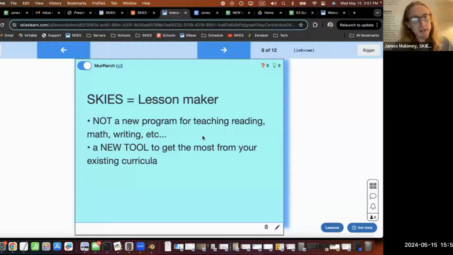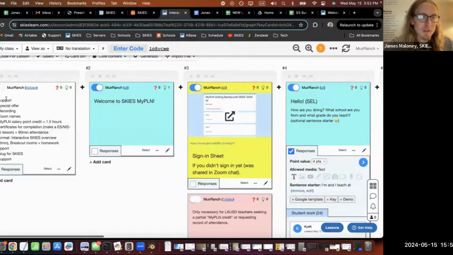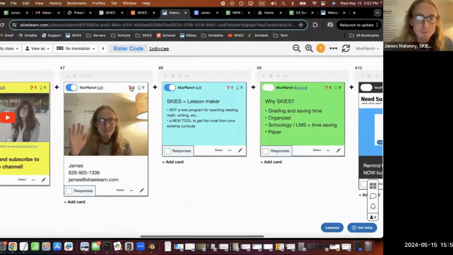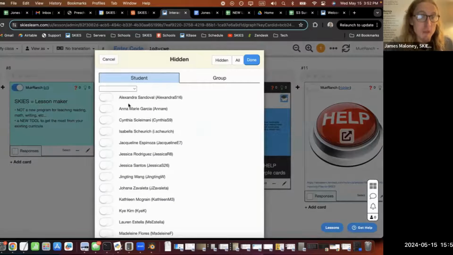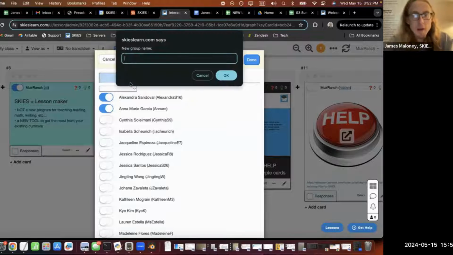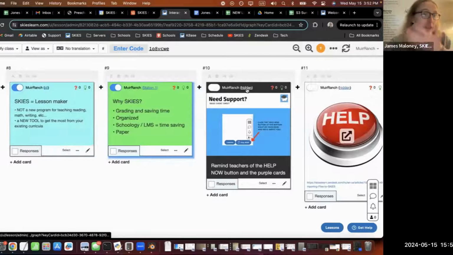You can differentiate, you can do stations, you can do groups, unlike any other program. You've been seeing me turn cards on and off as I've been doing this. But if I wanted to, I could actually be turning things on for specific people. I could say, I just want to turn this card on for Alexandra and Anna. They're in my station one group. And I'm going to turn another card on over here for someone in group two.